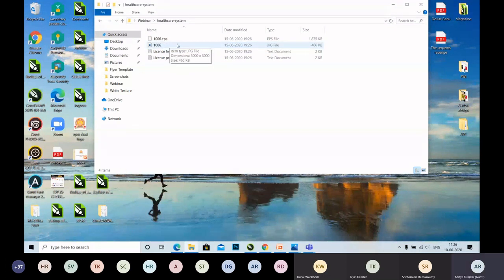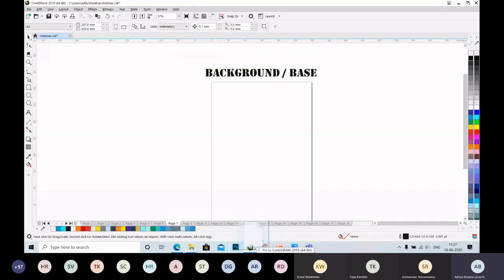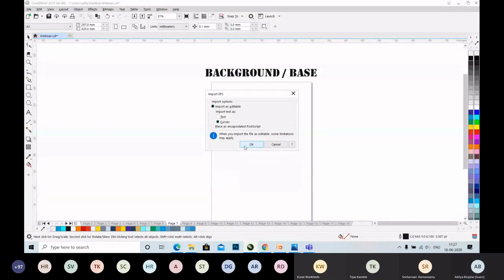Now here you can see the file is in the form of EPS, and this is what we will be looking for when we download anything from freepik.com. EPS stands for Encapsulated PostScript, and this file format is supported by CorelDRAW. Adobe files such as .ai and .psd are also supported by Corel, but let's focus on what we got here. Drag this EPS file and open it in your Corel interface.